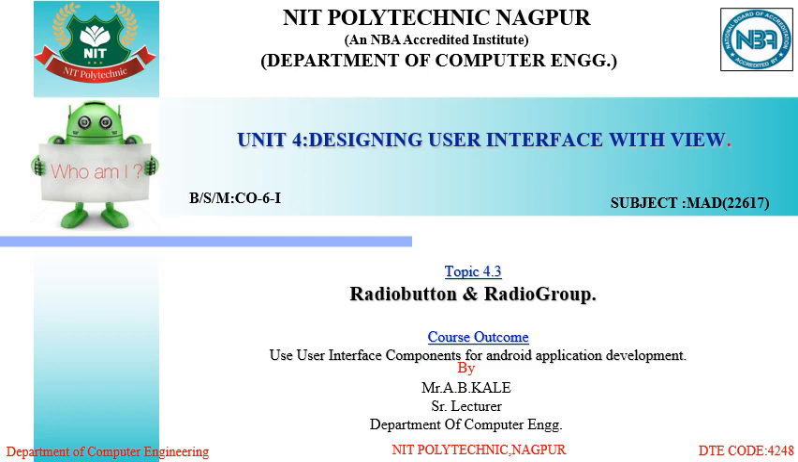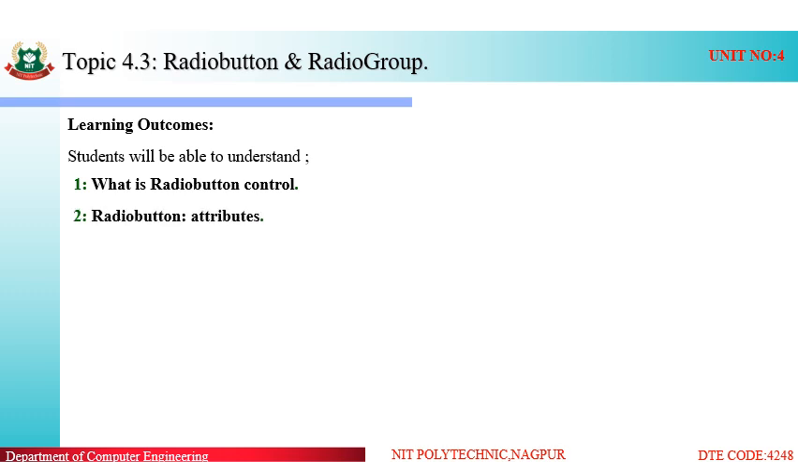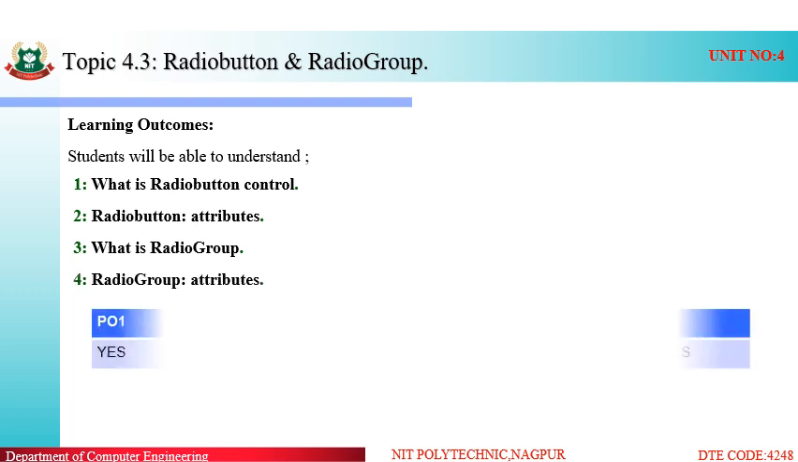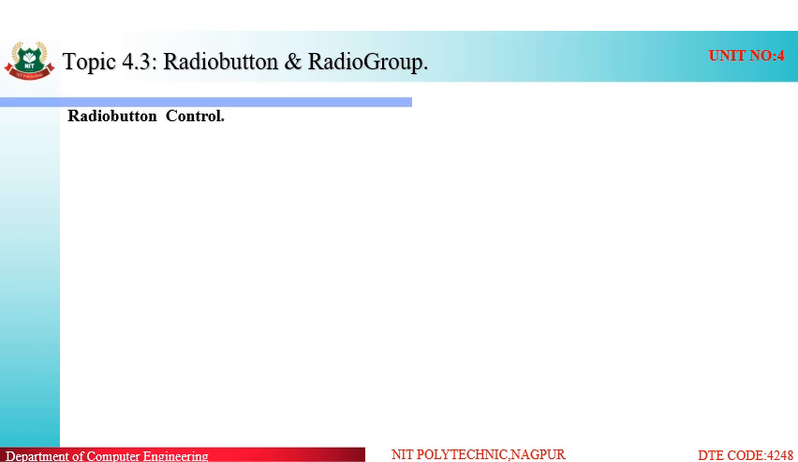So the course outcome of this unit is user interface components for Android application development. The learning outcome of this video includes that we will study what a radio button is and its attributes. Also we will study the related topic, that is radio button group and its attributes. POs mapped are PO1, PO4, PO6 and PO7. So coming to radio button control,